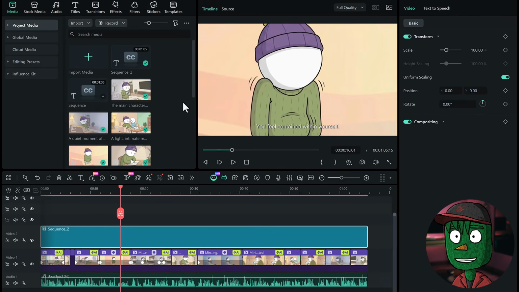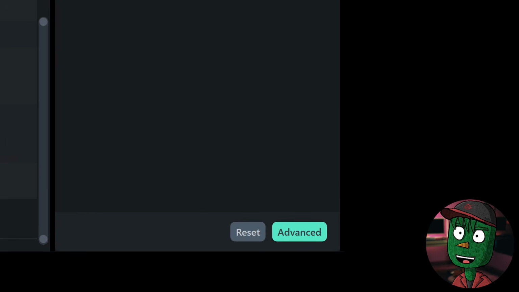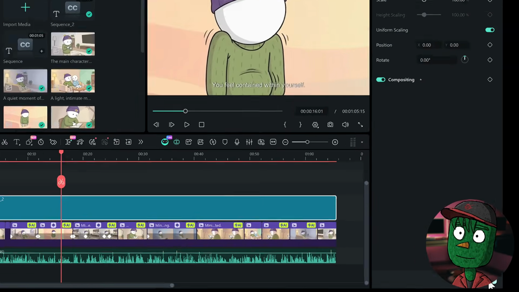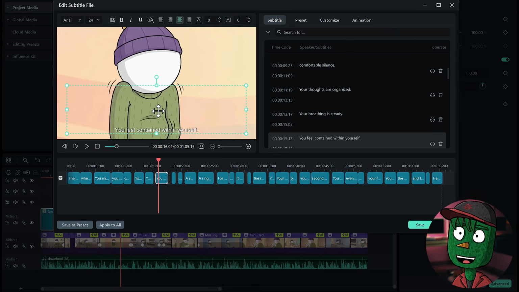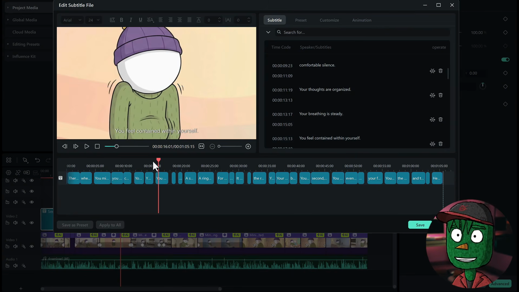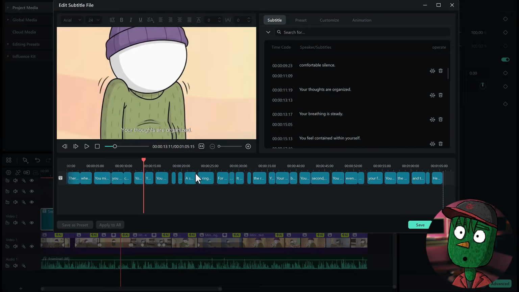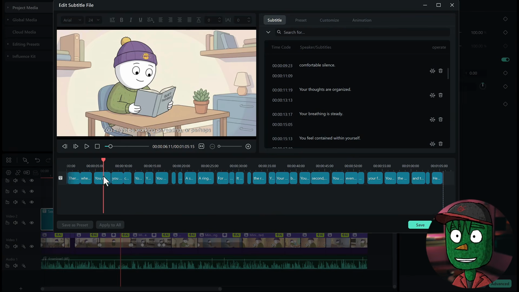There are a few settings you need to do so that your captions are going to look attractive and make your video more engaging. So first of all, come down to where you see advanced here, click on it, and then this tab is going to pop up where you are going to be able to edit your captions properly. So now, as you can see, the first thing you want to do is to add a stroke to the caption so that it can pop up very nicely. Now this is what I mean.